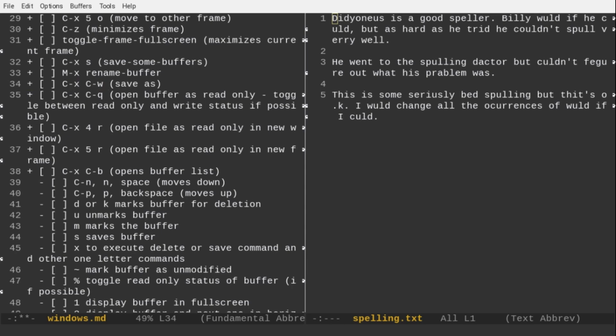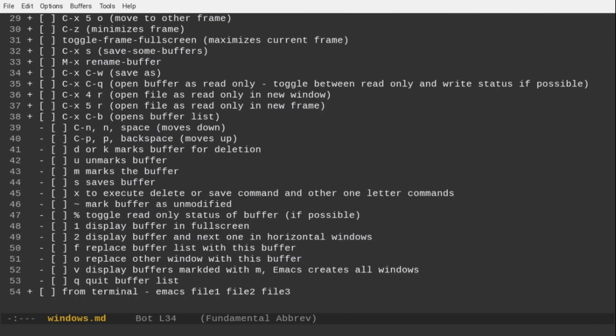Okay, let's do Control X, Control S to save that, Control X O to move over, and now we'll do Control X, Control W, and we'll write the file now as spelling.txt. Okay. A buffer is visiting, proceed, yes, because we have another buffer. Okay, so now we renamed it. So Control X, Control W. I apologize for that. Okay, I'm going to close this one out though with Control X 0, and we're going to